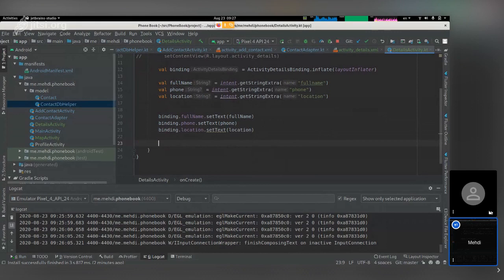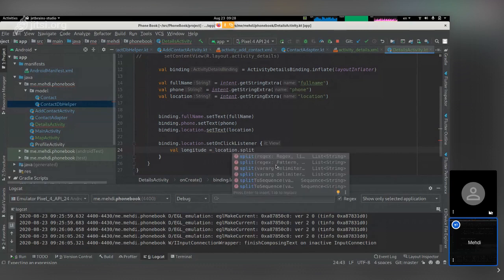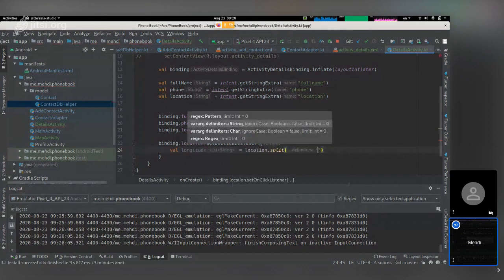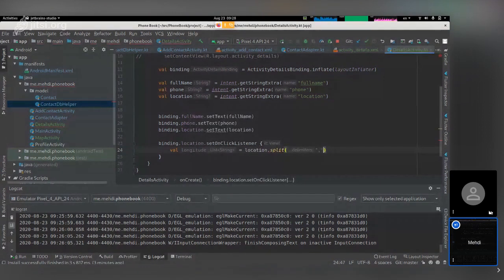Binding dot save. No, not save. Location dot set on click listener. If it is clicked, we need to split its components to longitude and latitude and send it to our map activity. So I say longitude value, longitude. Let's split that location split. And what does it return to us? It should return a list of strings. So val location parts